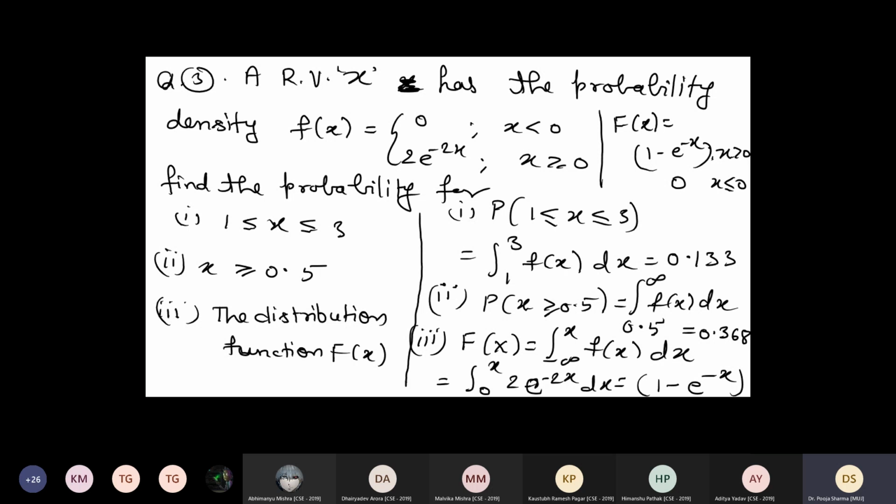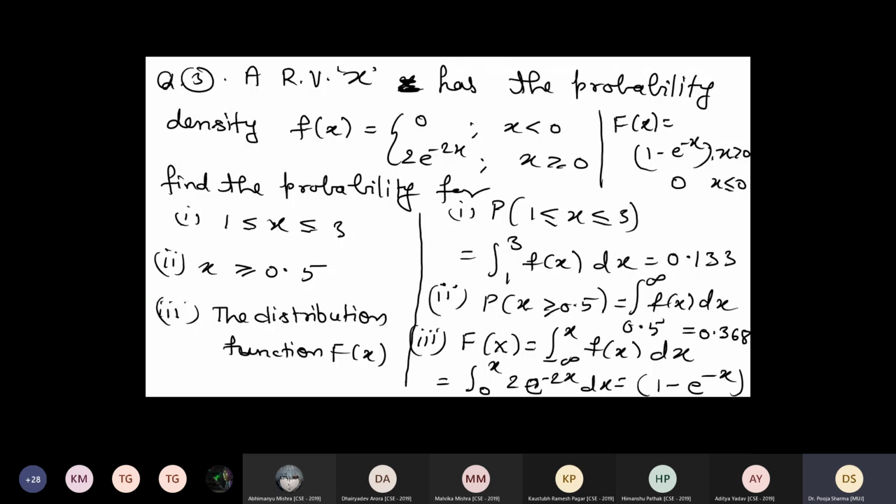So firstly we find the probability between the range of 1 and 3. It is a continuous random variable, so accordingly we use the integration from 1 to 3 of fx dx, which can be easily done. You can try this yourself because this is a simple integration of an exponential function. Always remember the lower limit is 1 and the upper limit is 3. Accordingly you will get the exponential term, and we can find its numerical value. You can also find it with a calculator.